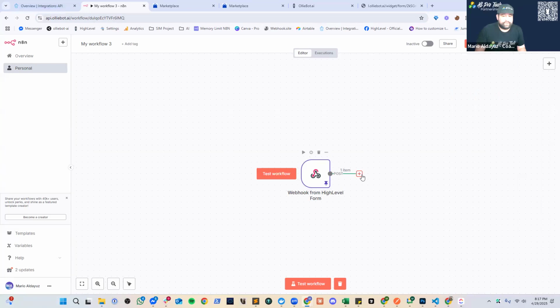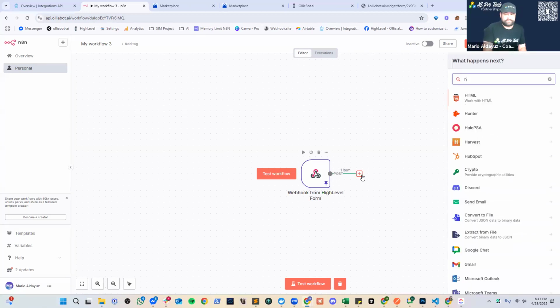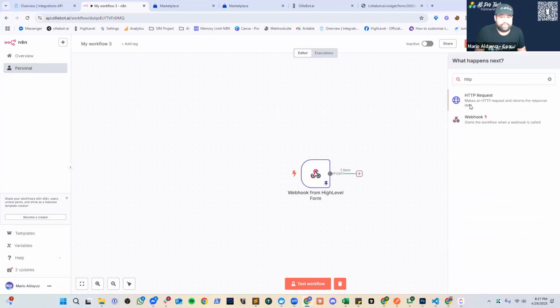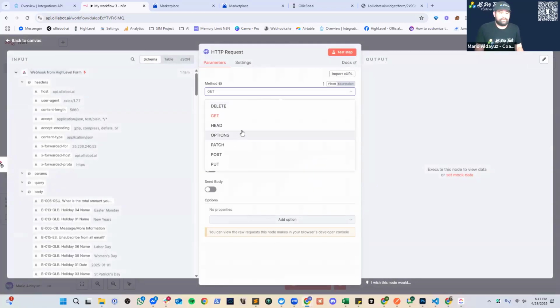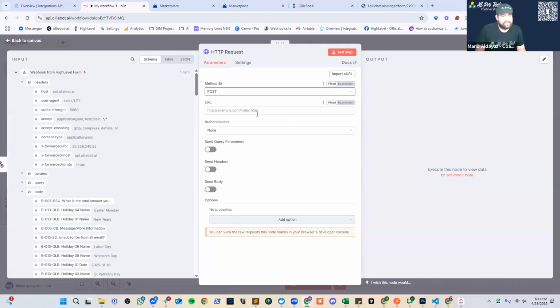What we're going to do is use an HTTP node. So the HTTP node is essentially just an API call. So we hit that post request, and we're going to need to set up some authentications and some URLs and a couple other things. And this is where we start getting into the nitty-gritty details of HighLevel specifically and their